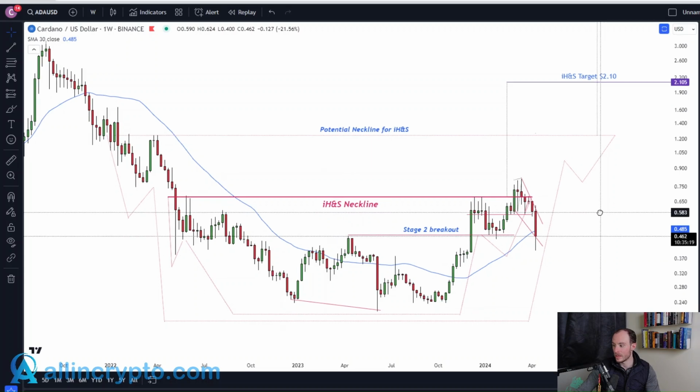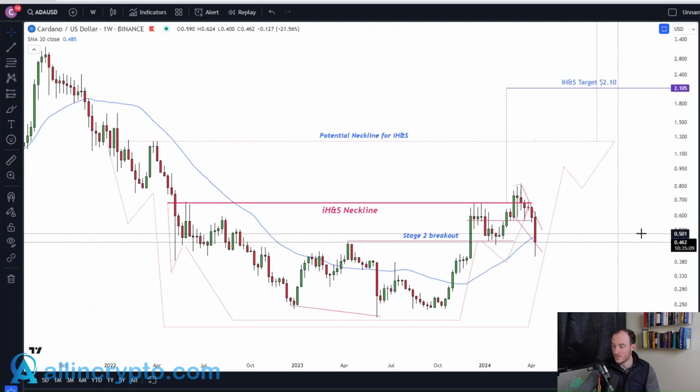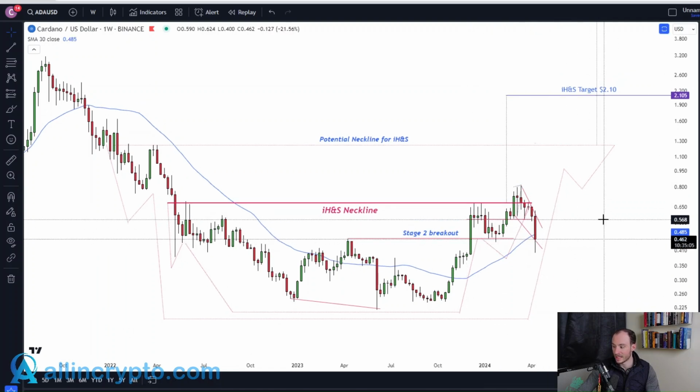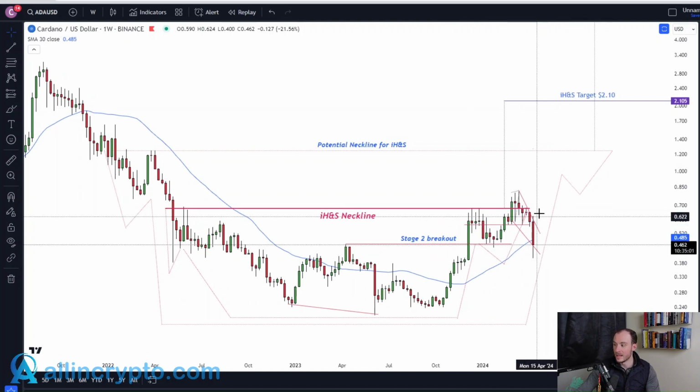We're going to take a quick look at Cardano, which is probably, in my opinion, the weakest out of all of these charts. You can see it is currently consolidating just below the 30-weekly moving average. So we really need to see a move up today. We don't want to see a close below any of these lows to really invalidate the breakouts that we were looking at. But generally, when we assess the overall market, the important thing now is what is to come.